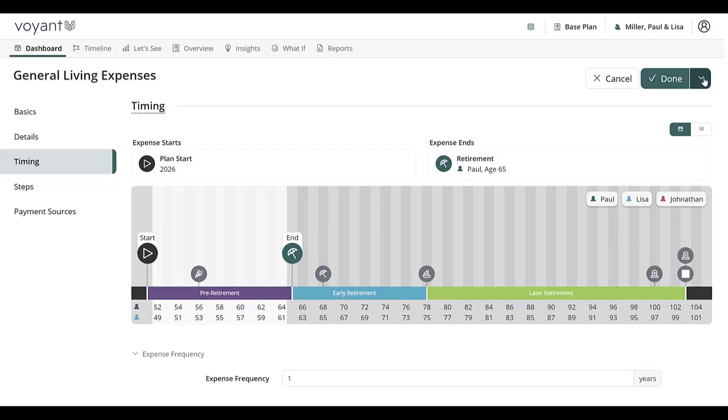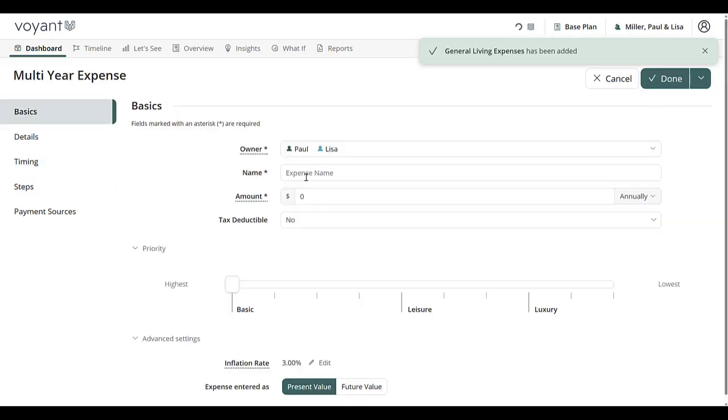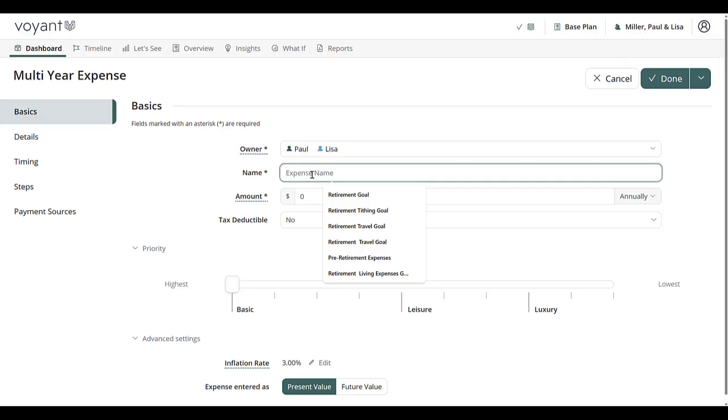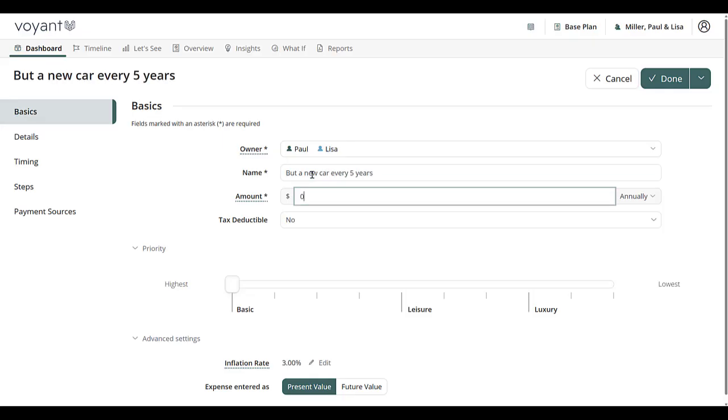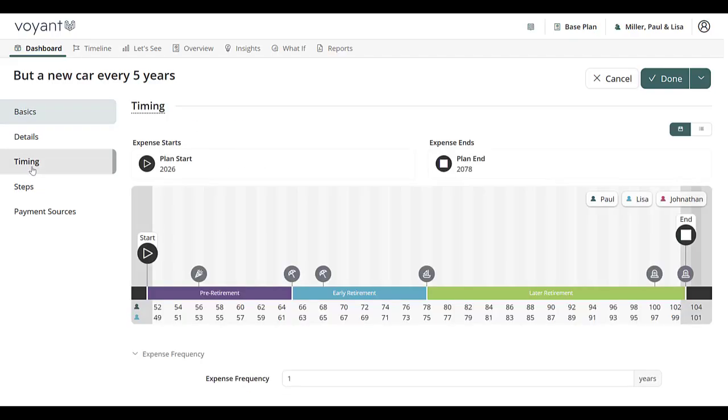I'm also going to go to my down arrow here rather than just clicking done, and I'm going to save and add another. And I'm going to enter in another, which is buy a new car every 5 years. I'm going to give this an estimated budget of $25,000, which will inflate every 3 years. And in order to make sure that this appears in the plan every 5 years, I'm going to go to